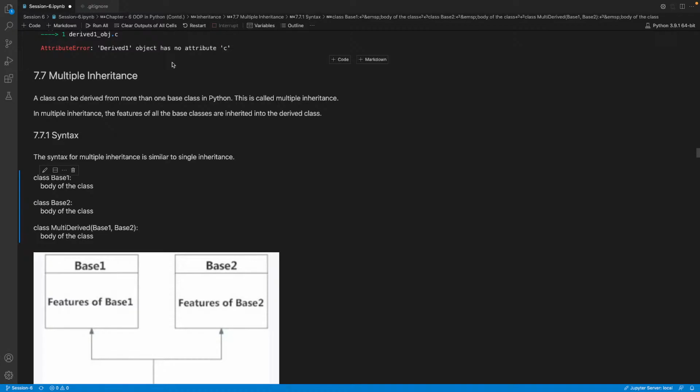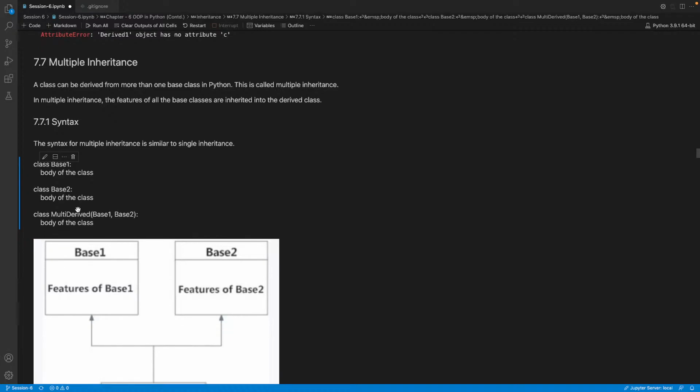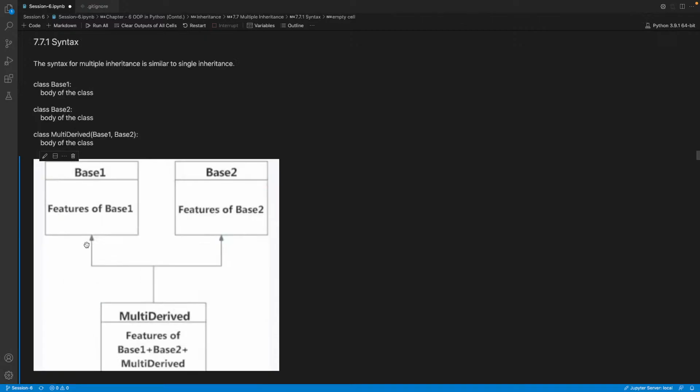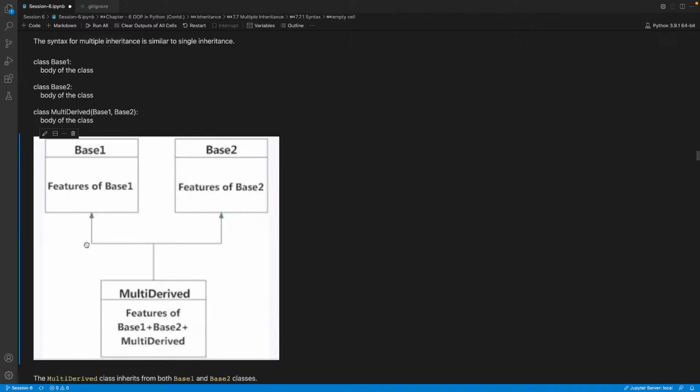Let's see the syntax. Here there is a class named base1 and the body of the class, a class named base2 and the body of the class, and a class named multi-derived, which is deriving from both the base class 1 and base 2. So we are mentioning base 1, comma, base 2 in the parenthesis. That is, the multi-derived class is inheriting from the base 1 class as well as the base 2 class, and the body of the multi-derived class. This is the syntax,